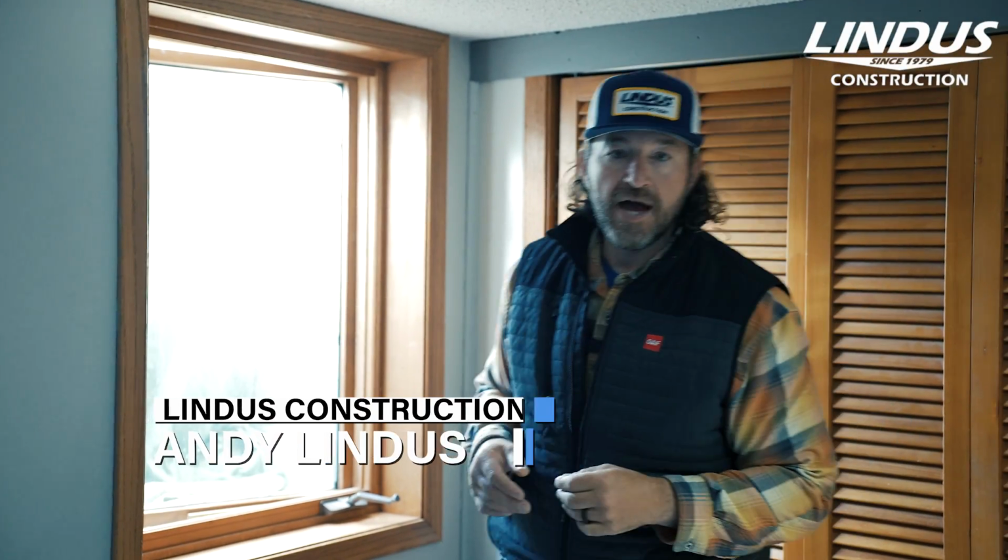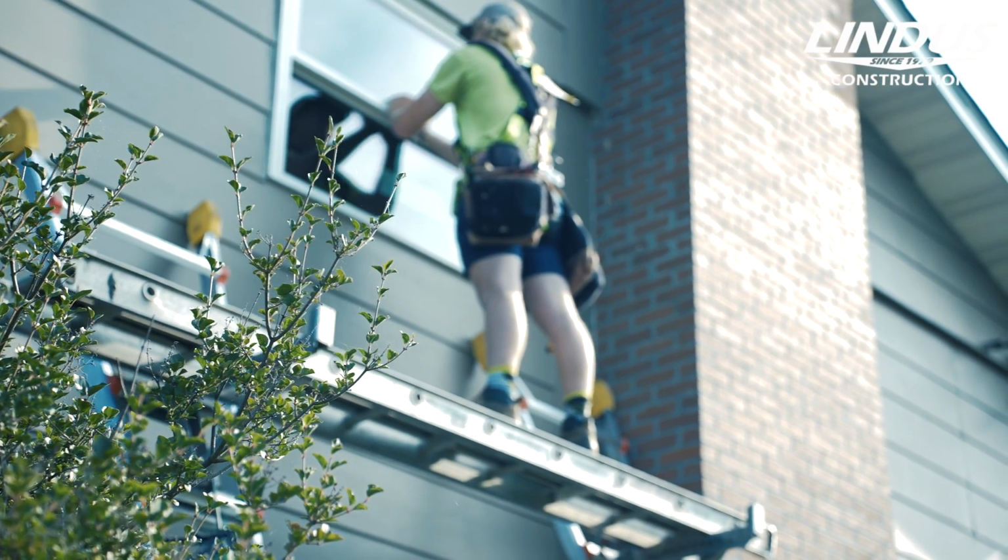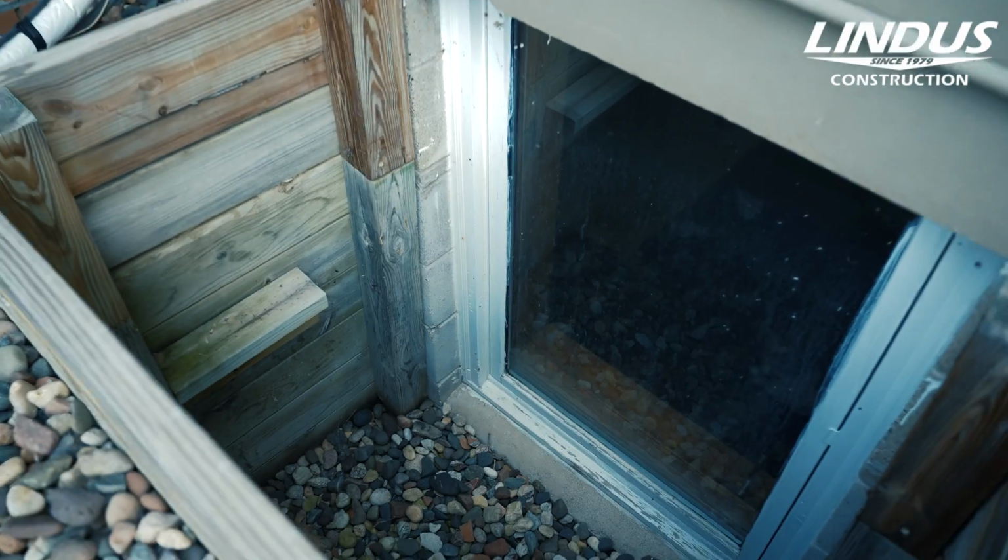Here we are in Red Wing, Minnesota, replacing some windows both in the upstairs and the basement now. We got 2 left to do here in the basement. Both of them are egress windows. Now, the hard part about installing windows in the basement is you're installing into brick, so you can't adjust the